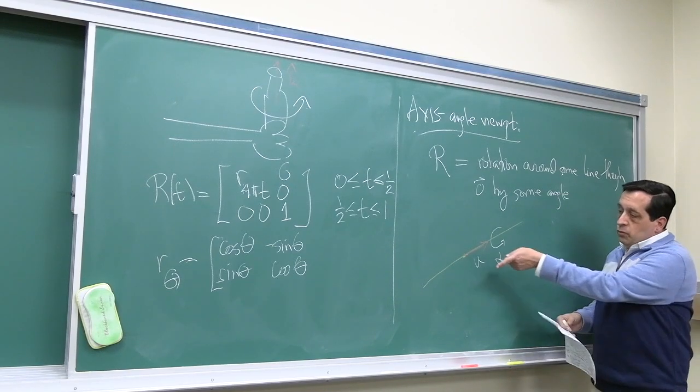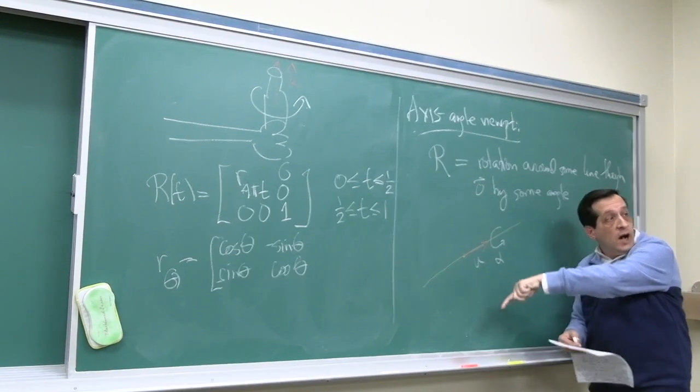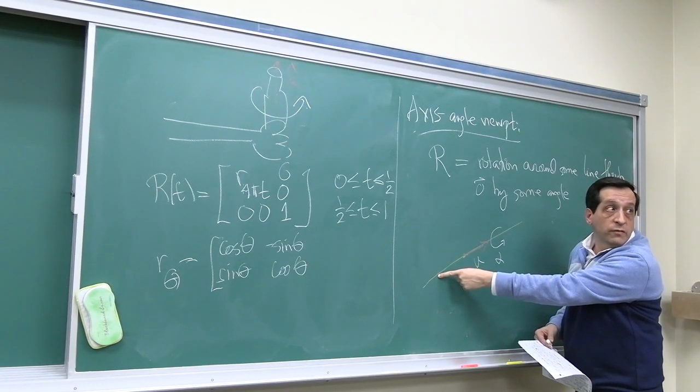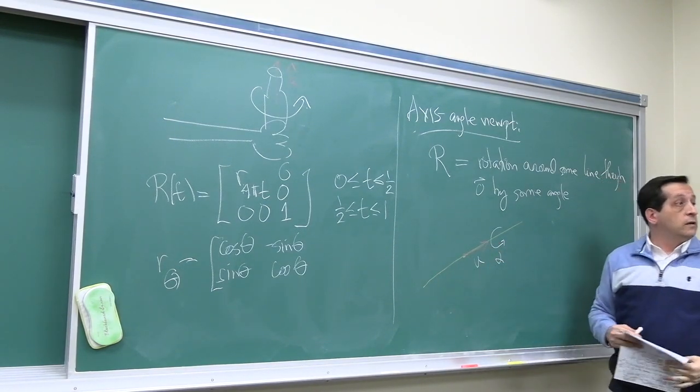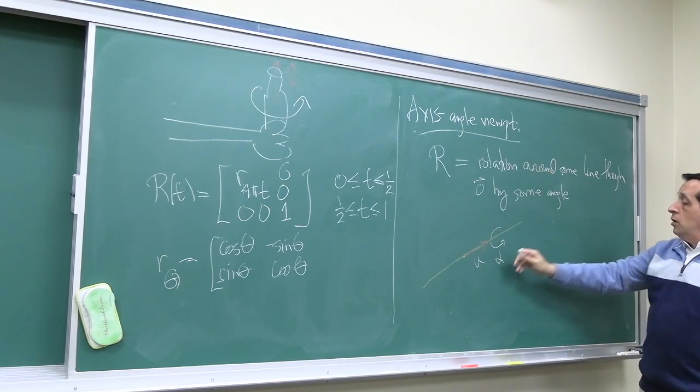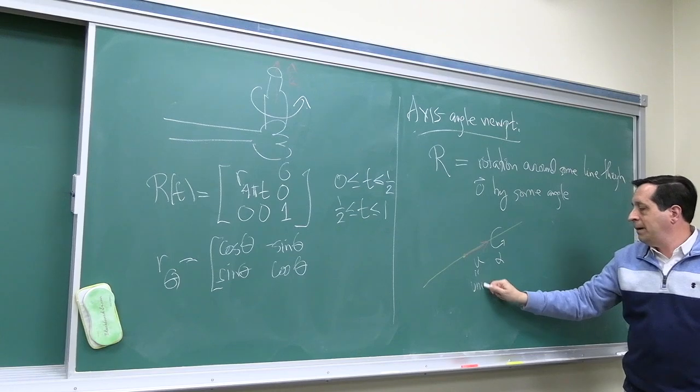If I was going to consider rotation going the opposite way, then I would keep track of the line using the opposite unit vector. There are two unit vectors on this line. So in this way, I encode every rotation in terms of a unit vector